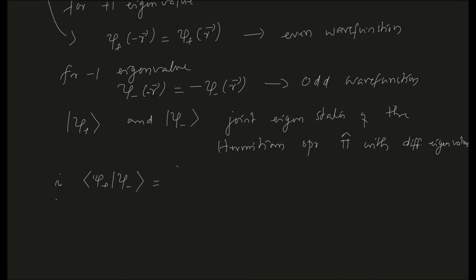By definition, this is the integral dq of psi plus, the complex conjugate of the first quantity, then psi minus of minus r. So this can be written as the integral dq